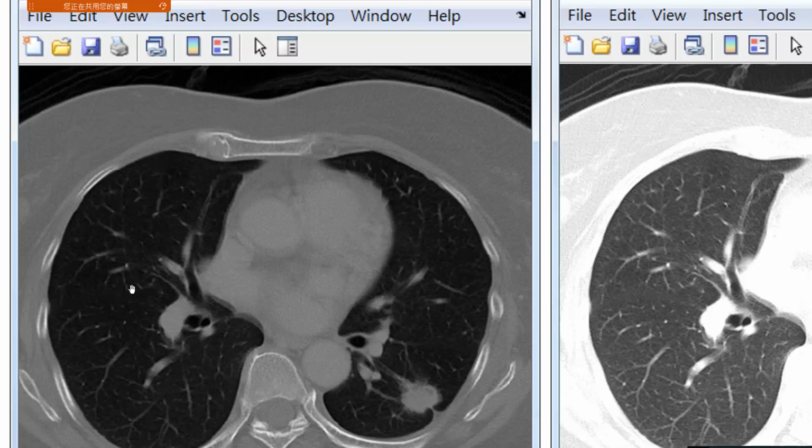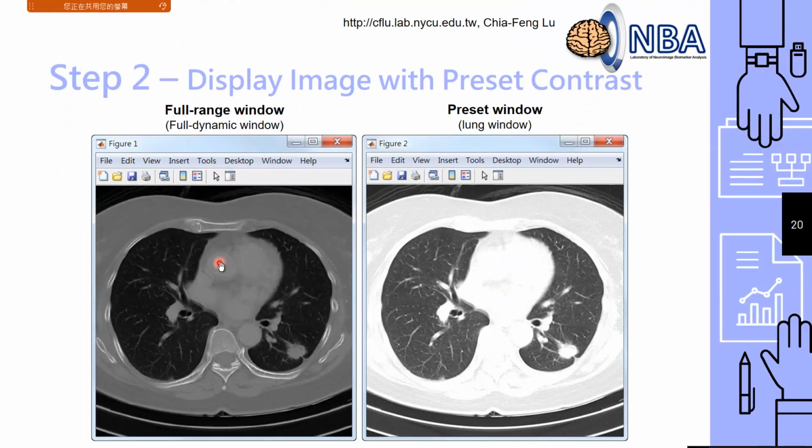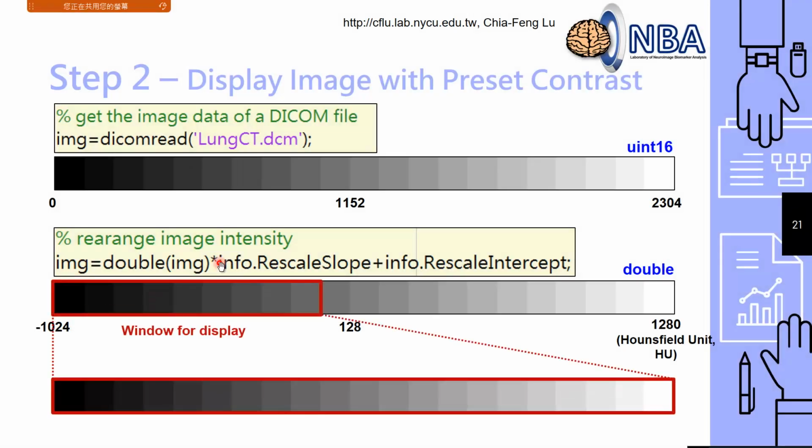Okay, that means if I want to enhance this dark region, I need to do something like this one. I'm going to emphasize the intensity that's related to the lung. I'm going to rescale it because I want to see the details of it, right? So I'm going to rescale the imaging. I'm going to focus on this part. So I'm going to use the minimal value, for example, right here, it can be,